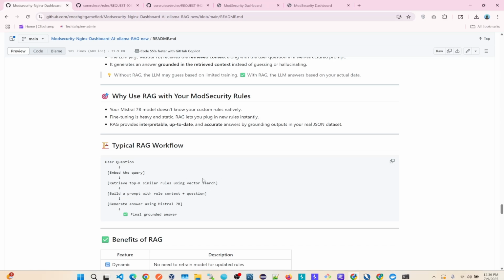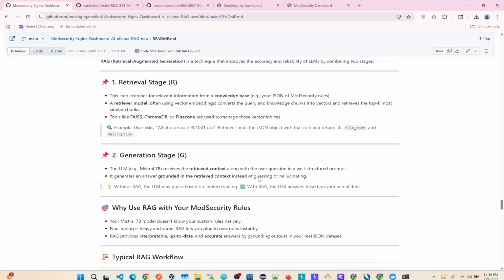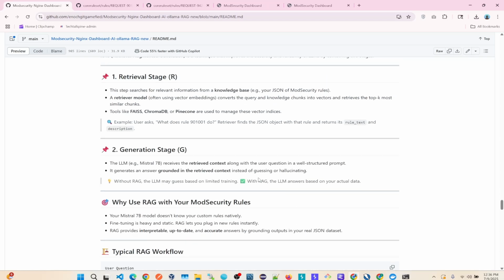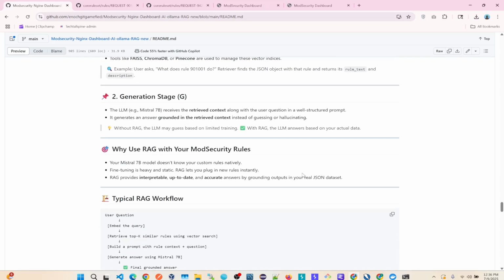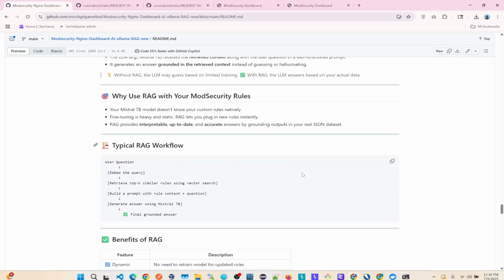This is the main idea. When you supply the first rules, you create a file called rules.json, and you use FAISS, and this creates a vector index. The tool uses vector search,